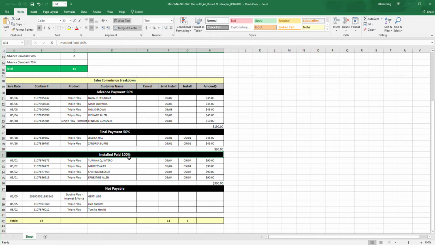So if you're a brand new rep, and you're trying to figure out your first check, whatever you got installed in week 1, as long as it's installed Monday through Thursday, it's probably payable the following Friday. But if it was installed later in the week, like Friday, Saturday, Sunday, it probably won't be payable until 2 weeks later. Now, what we do to help you guys, often, as long as you're doing like 10 sales a week,